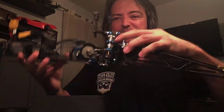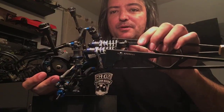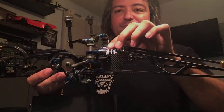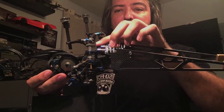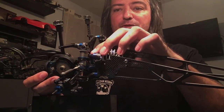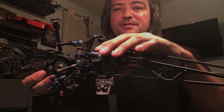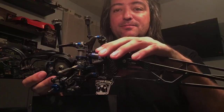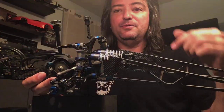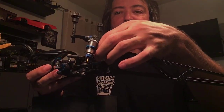and it mounts to the diff housing, the gearbox housing, with little standoffs he gives you. So the geometry is pretty good. I really like the way the bar turned out on the car. The questions I've seen with this are about the mount on the top. There's a couple different versions. I think Frank Greer posted a touring car little mount that maybe works better than the Custom Works mount, but the 3mm screw will screw through this mount that comes with the Custom Works shock. It's just a little tight because all the Custom Works stuff is American, and everything that's on this car is metric. So the 3mm screw is a little bigger. But you can just thread the 3mm screw through the standard mount, and it threads through and hits this stud,